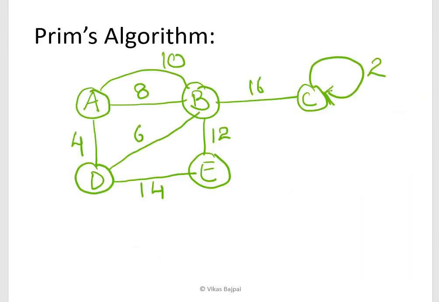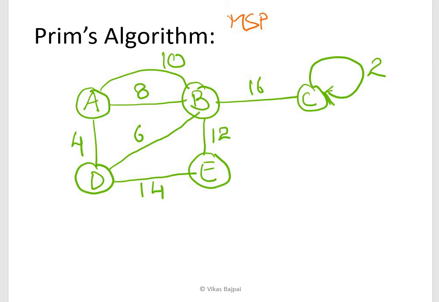Let's take this particular example, and this is a weighted graph. These are the weights associated with the edges. Now our aim is to find the minimum spanning tree. See, spanning trees will be several for this particular graph, but the minimum spanning tree will be one, unless there are repetitions, that means weights are equal, then you can have more than one, or else it will always be one.